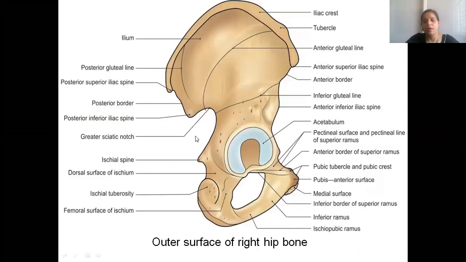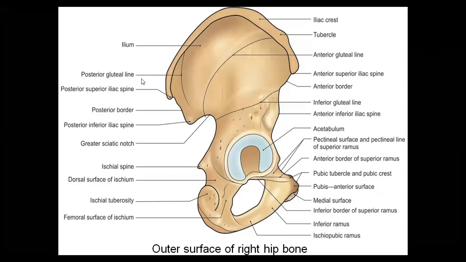See here. The bone you are seeing now, the whole thing is bone. I said it has three components: ilium, pubis and ischium, right? So the ilium has an upper expanded part, which is the iliac crest. The point where all three bones meet is the acetabulum, and the anterior thin bone is pubis, the posterior thicker one is ischium.